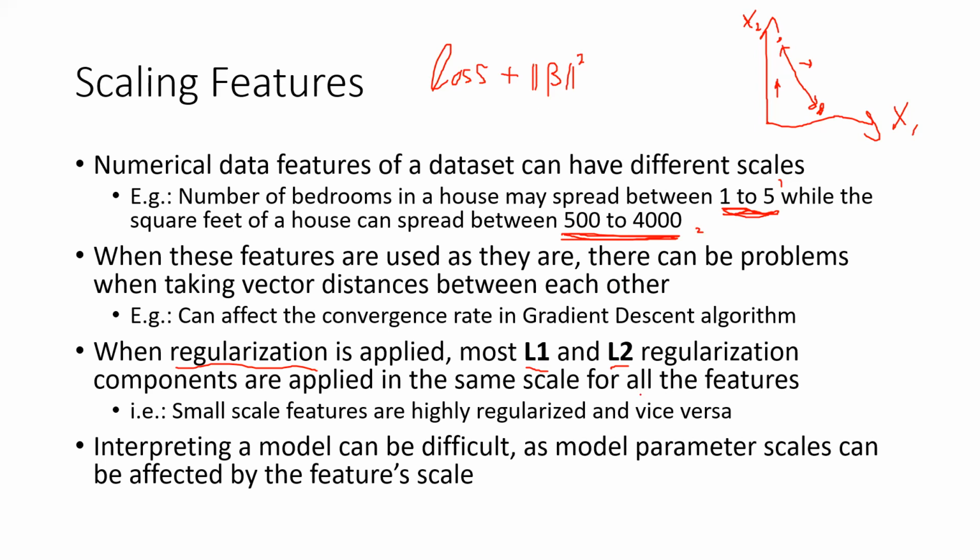When you are adding these terms, we add this to all features. So we assume that x1 and these features have a similar scale. But if you have smaller features, the smallest features will have a smaller loss, but you will have a very high penalty added to it. So you will face a lot of regularization for smaller features. But for larger features, the same amount of regularization component would apply,